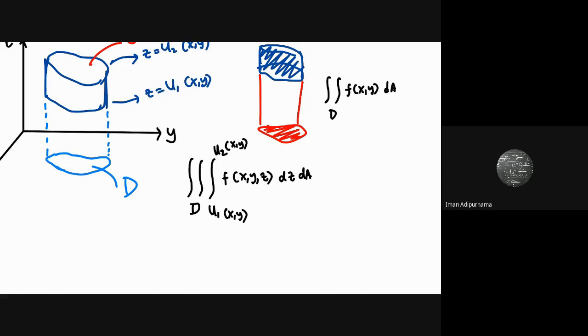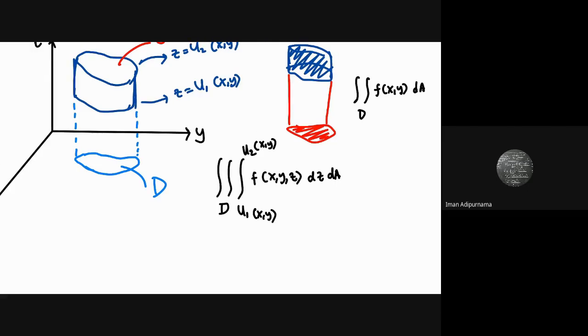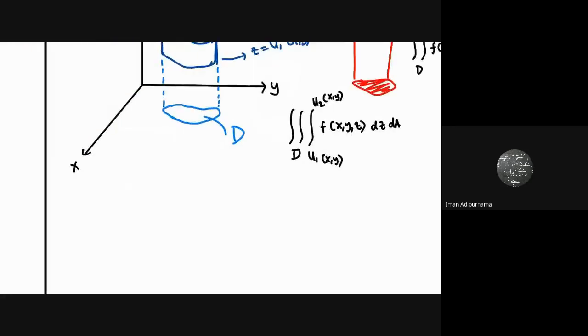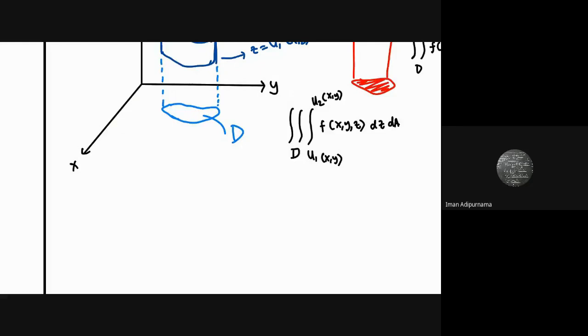And I will make all the questions in xy first. But it will be the same if you are going to change the D and the E. Okay. So we can say that the triple integral with region E